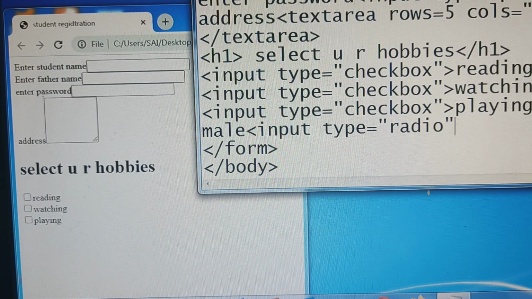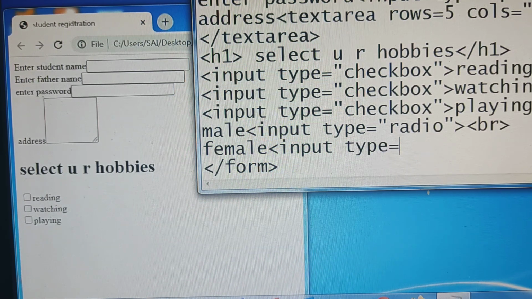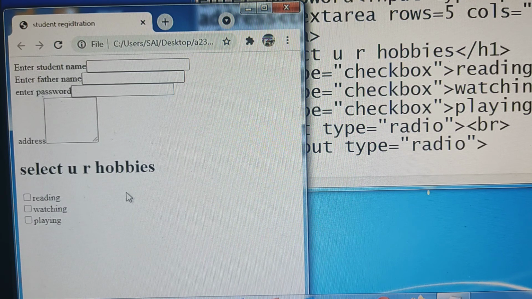Okay. Next, after that I am breaking. Next, female, input type equals to radio. Saved. Come to the browser window, refresh this.